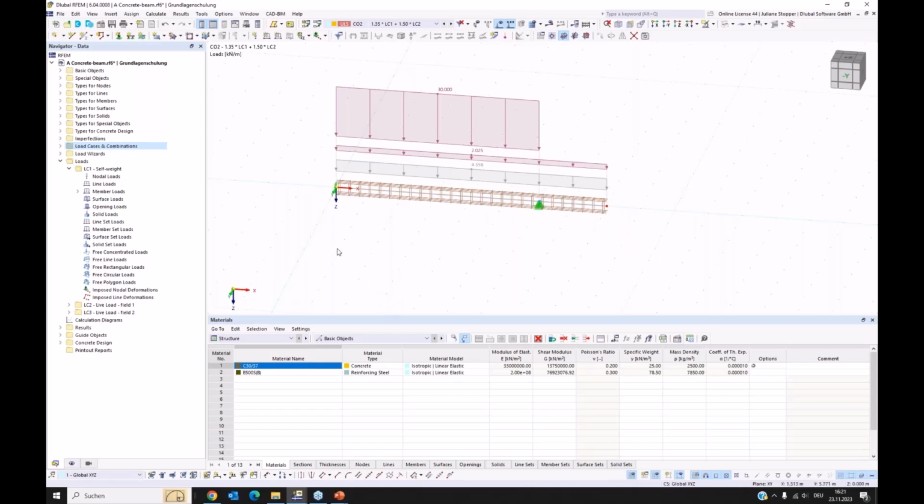Okay, now we have finished all the input that is needed for doing the static analysis. With this system and its loads, you can calculate the inner forces of the system and the displacements. But we will now have a look at the settings that we need for concrete design, which is our aim today. Maybe shortly before we do this, I only want to tell that we have here also these tables,